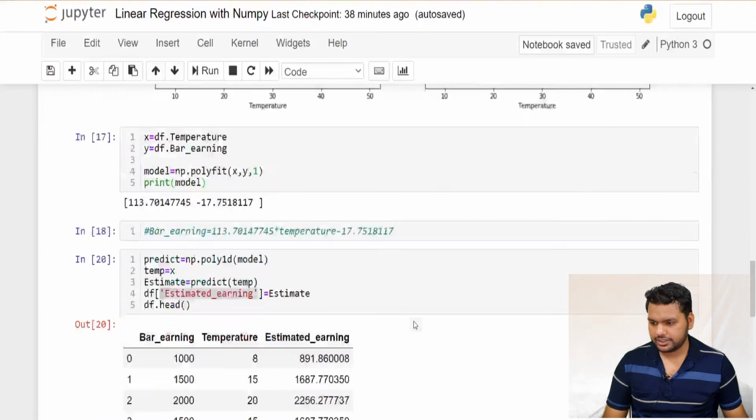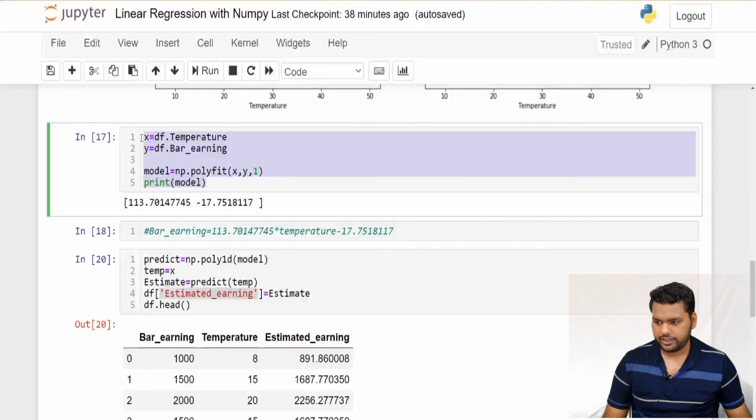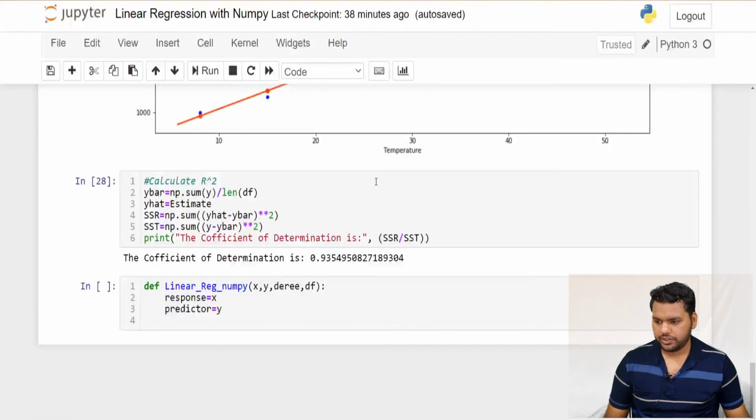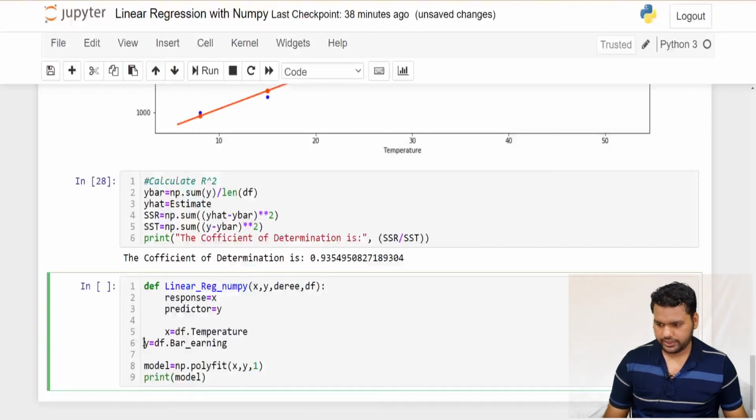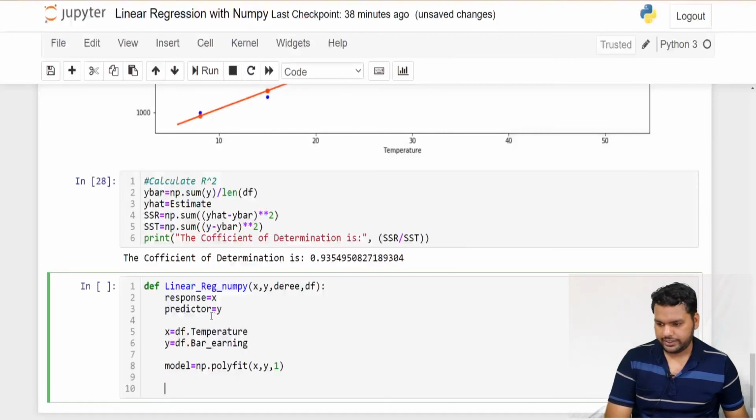What we did first, yes, we did these things, and copy this code, adjust it in order to print this here, right? And now we need to define this.